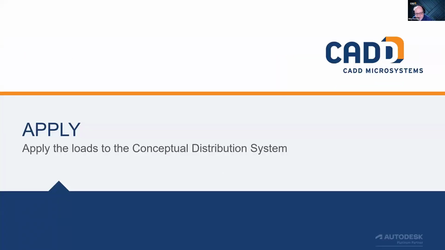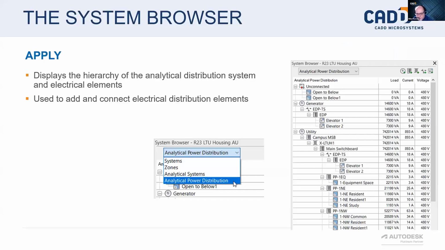And then the next step is to apply. This is where we'll create that conceptual distribution system. And again, like I said, this is going to use the system browser. If you're not familiar with it, the system browser in itself is not a new tool. It's been around for many years, but they've added a new part to the system browser. At the top of the system browser, there's a drop down that you can change and tell it that we want to view the analytical power distribution. And when we do, we'll start seeing the new tools in there that we can use to create this distribution